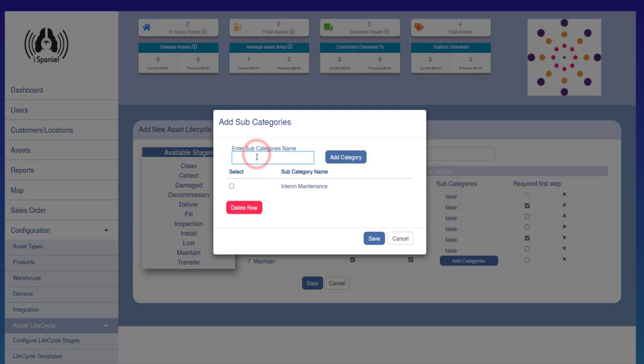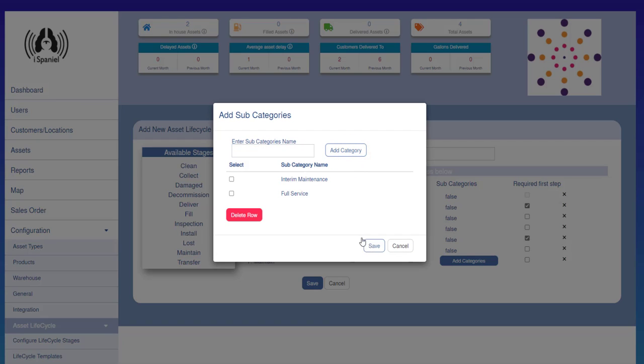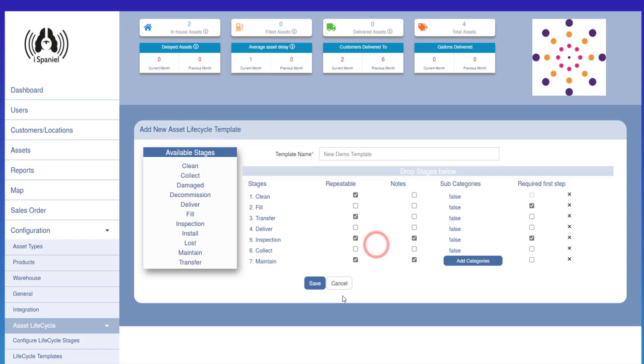Add that, and then full service there. And so when we conduct the maintenance task using the app, we'll be asked to select from one of these subcategories, so you can keep a track of your maintenance. Okay, so we'll save that and then save that. So that template is now created,